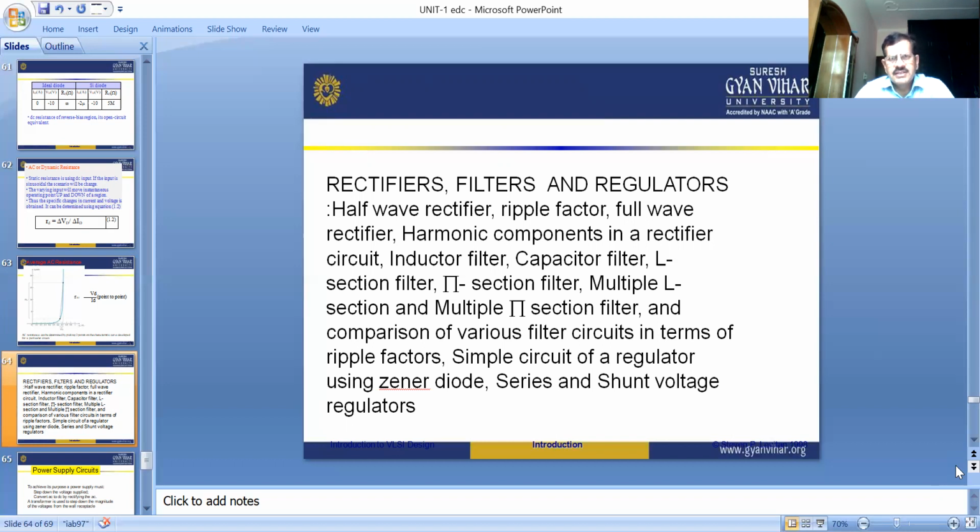Half wave rectifiers, ripple factors, full wave rectifiers, harmonic components in a linear circuit, inductor filters, capacitor filter, L section filters, pi section filters, multiple L section and multiple pi section filters, and comparison of various filter circuits in terms of ripple factors. Simple circuit of a regulator using Zener diode, series and shunt voltage regulators. So